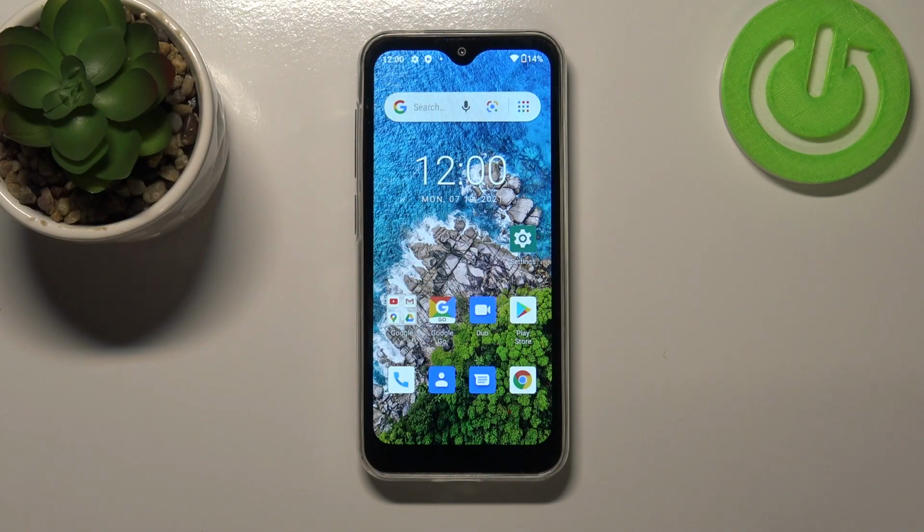Hi everyone, here we've got a ULEFONE Note 8P and let me share with you how to set camera timer